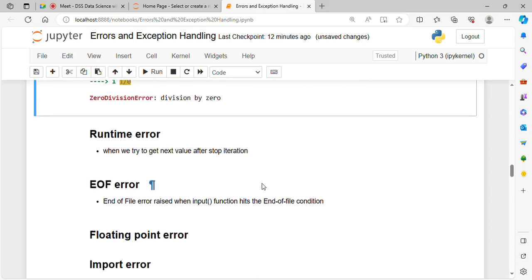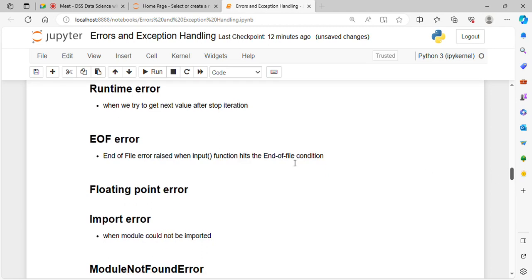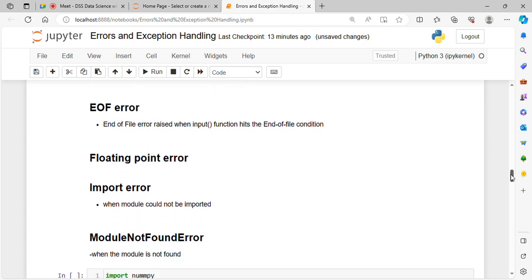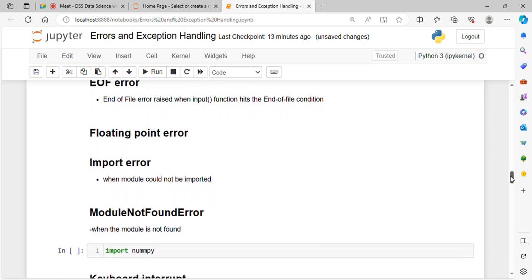Similarly, there are other errors. For example, runtime error, when we try to get the next value after stop iteration, we get a runtime error. Then EOF error, which is basically end of file error, raised when the input function hits the end of file condition. Then floating point error, import error, when the